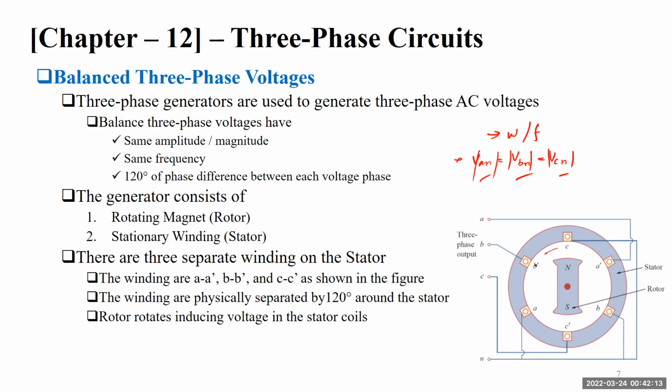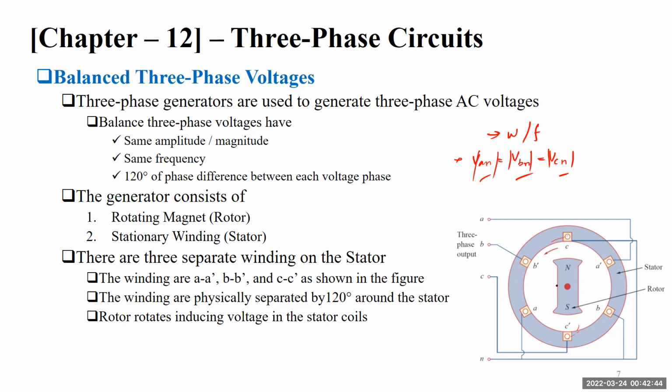Or you can consider it as a loop of consolidated copper coils. So they are wound on this stator. This is a cross-sectional diagram. So this wire basically comes over here, goes down, and this is the back side of this. So it comes here, goes over, and then goes back. So it's a complete loop, and they are physically